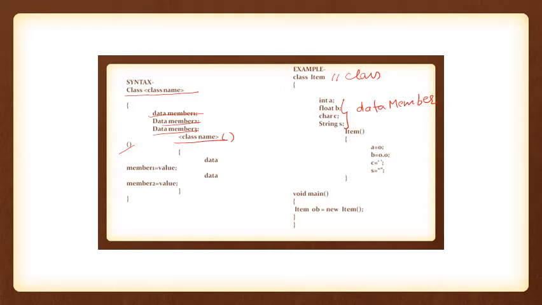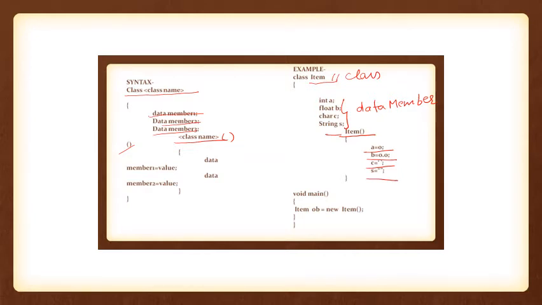Here is a constructor function. Name of a function and name of a class is same. Class is defined by the keyword class and function ends with a parenthesis. Constructor returns no value, not even a void. Here is a definition of constructor. So integer initialize with the 0. B initialize, that is float 0.0, character with single quotes and string with double quotes.